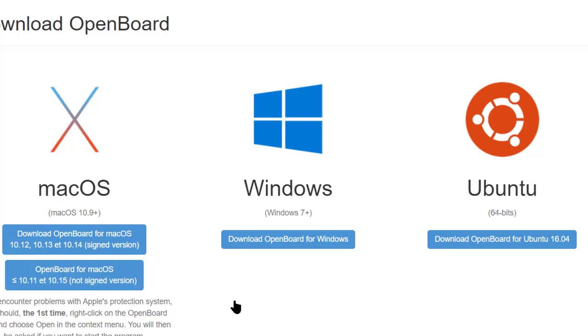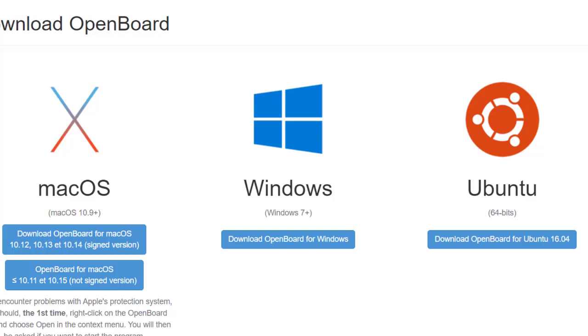It is a 53 MB file, so it will be downloaded very fast, and after that you install that file on your computer. Installation is very easy. After the download, you open this file, then you follow the instructions of the Windows installer.